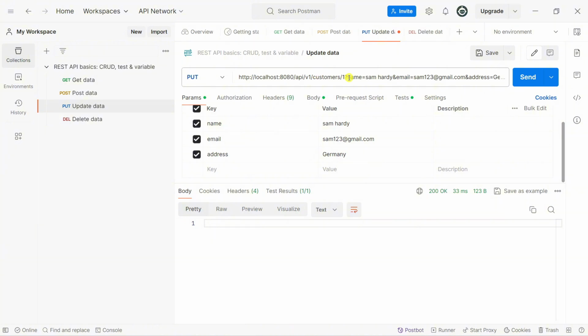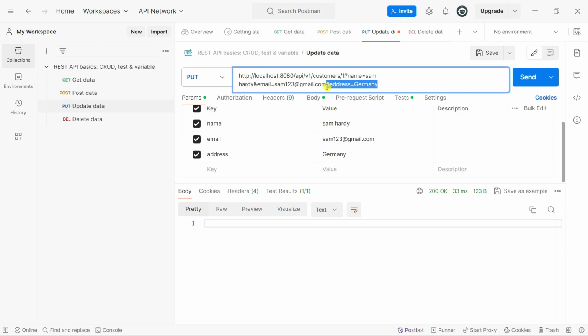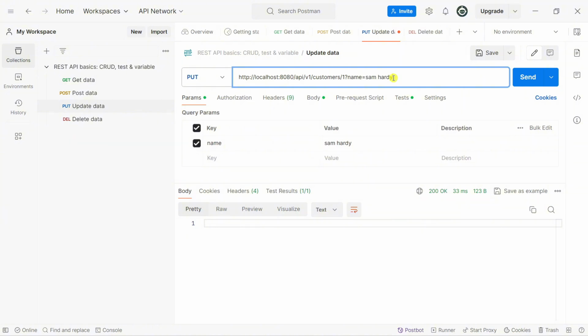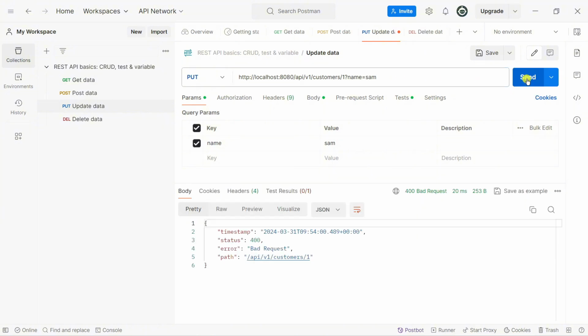If we're missing one of them, the request will fail. Let me show you. If I remove the address and also the email and click send, just for now we update back to the same value. Click on send. So we receive a bad request here.